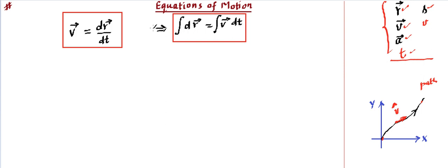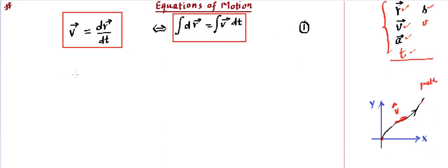That means they can be converted from one to another. Here we are using the concept called integration to find displacement out of velocity. Here we are using differentiation to find velocity out of displacement. So that's called one equation. You can call it equation 1, in which displacement, velocity and time are linked together. And you know the operation: this is going to be the displacement, and then velocity can be integrated depending upon how the velocity has been given to us. So that's one equation of motion.